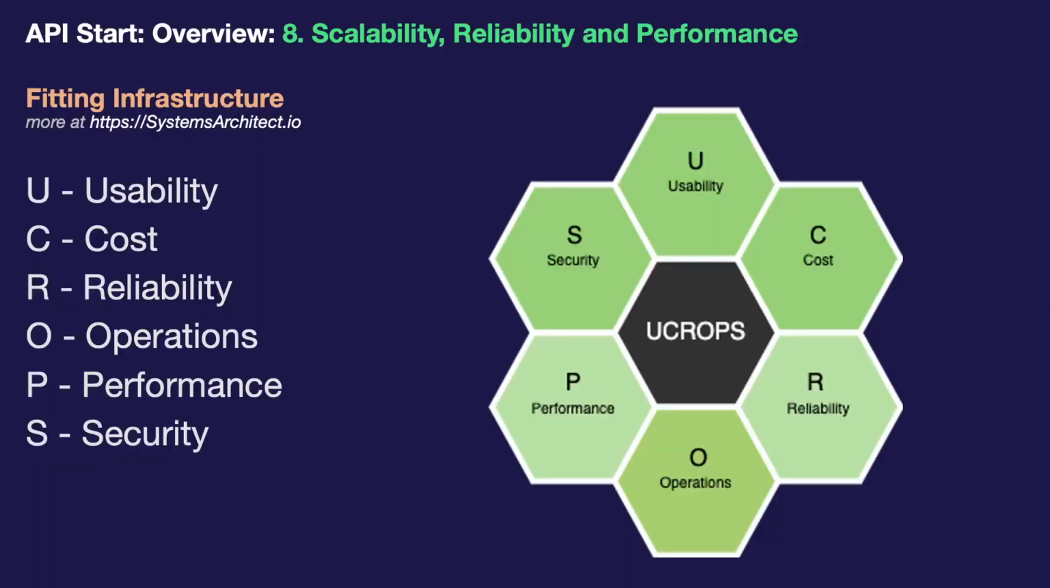Another way of determining your API infrastructure needs is to go through the UCROPS principles for a well-architected framework, which I've detailed on systemsarchitect.io. Essentially, this is tailoring your API infrastructure to the needs in all of these categories. And this is derived from AWS Well-Architected Framework, which you may be familiar with, but it does have a few small modifications. Some of the categories we look at when we're developing for this is usability or understandability of the